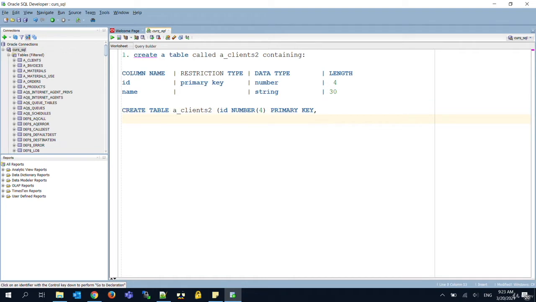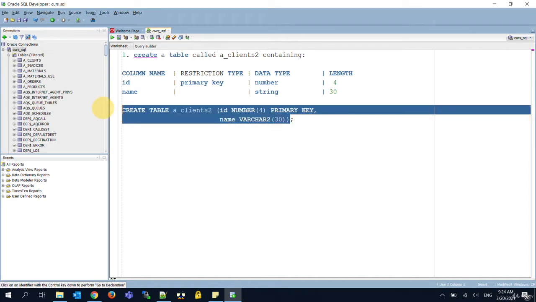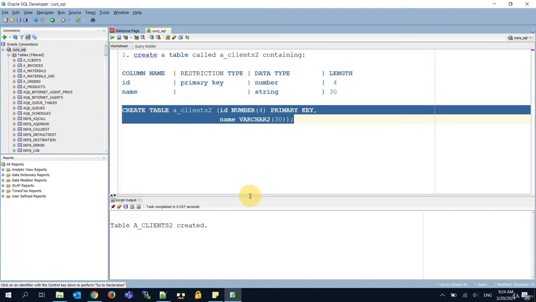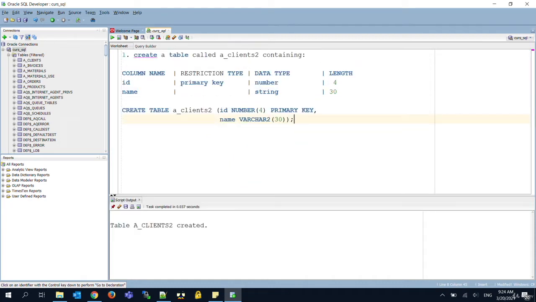And then we will have the name, which is a string of 30 characters. That means a varchar2 of 30 characters. And now we can create this table. It was created successfully, and we jump to the second exercise,